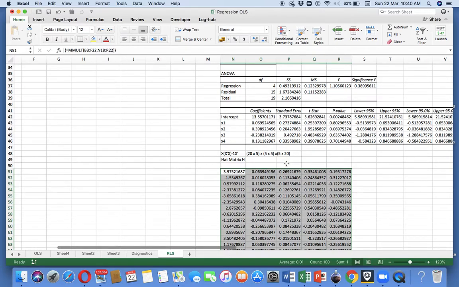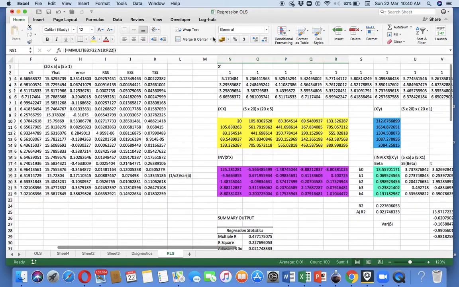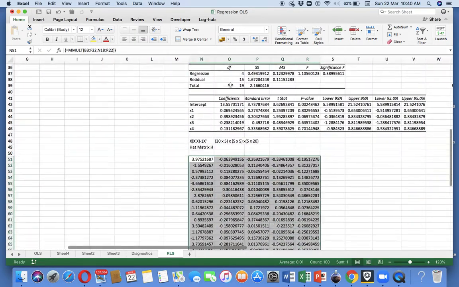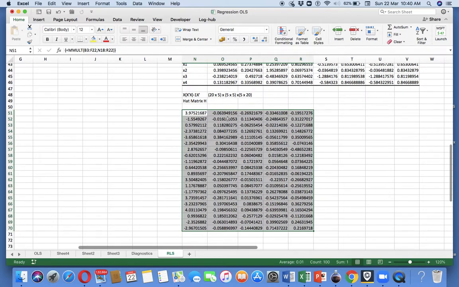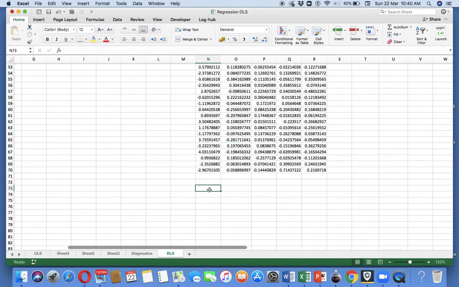Now I'm going to multiply it with X transpose, which I have over here. This is X transpose. Okay, so let me see the resultant. So if I multiply this 20 by 5 with the 5 into 20, my resultant matrix is going to be a 20 by 20. So you should be careful while you mark off the columns.